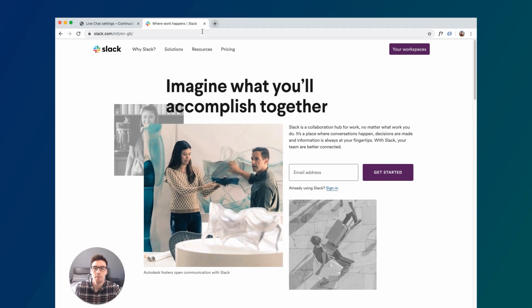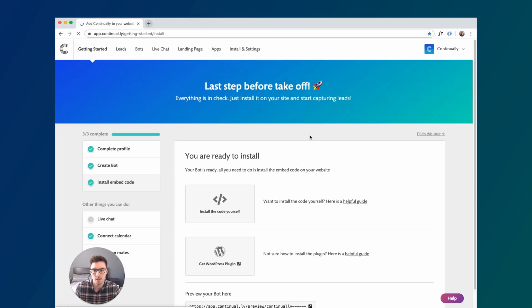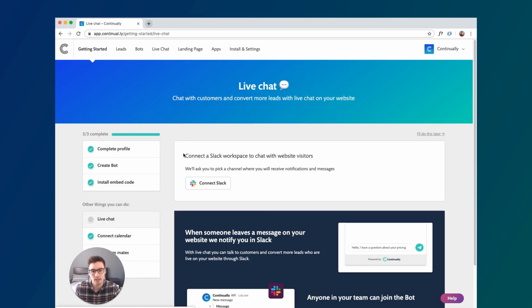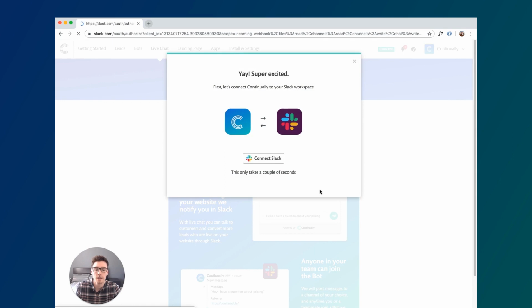So I'm going to head back over to the Continually app, and you may have been seeing the live chat in the Getting Started checklist here, where you have the option to connect Slack, or you may be in the live chat web page itself with the same option to connect Slack. Doesn't matter where you connect Slack from, it has the same outcome. So I'm just going to go ahead and click Connect Slack,